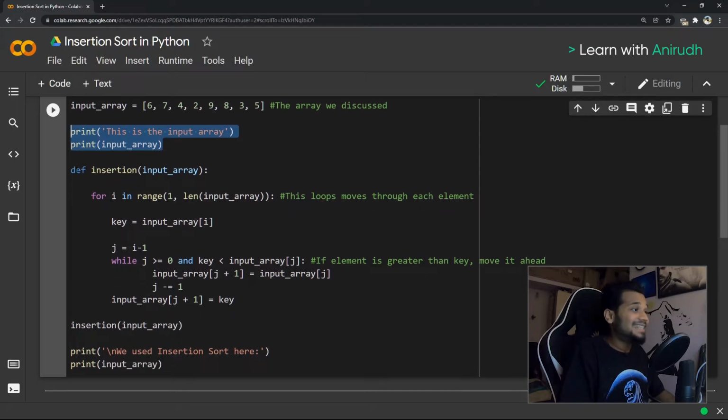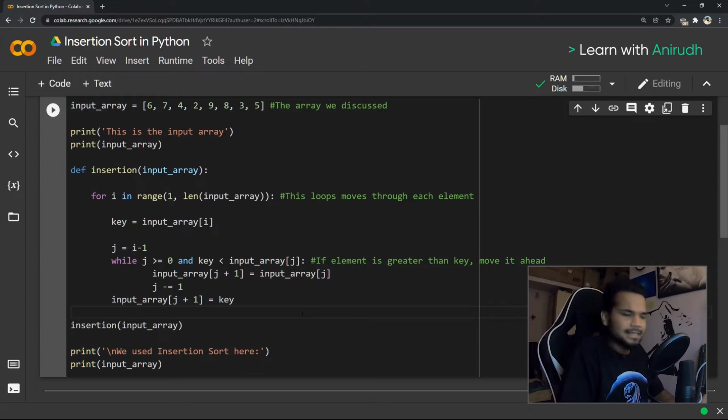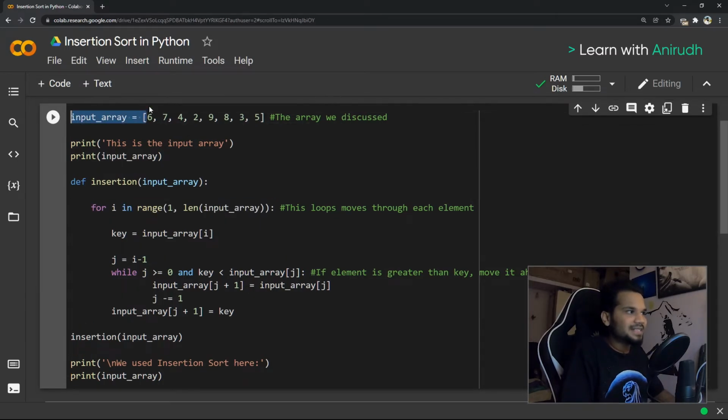Don't worry. And then we have a function called insertion. Now, this function basically is everything that I've highlighted right now. It is very simple. We're gonna make comparisons here as well. Take a look at it. What is the first loop that we used even in bubble sort? We used one simple loop that made sure that we can go from the first element all the way to the last element, correct? That is exactly what we are doing in this case as well.